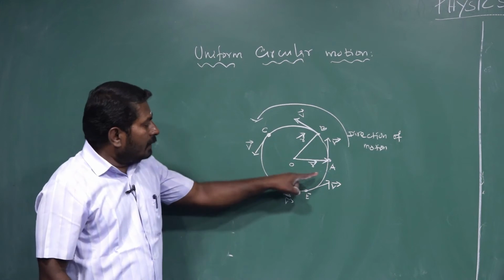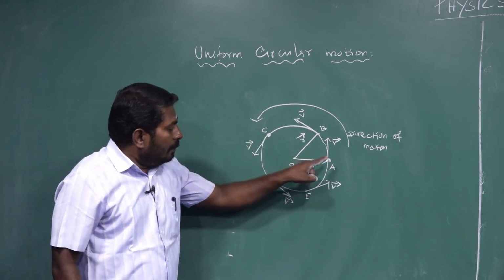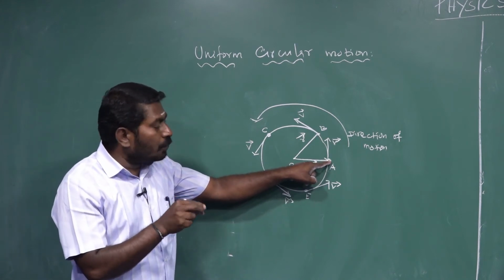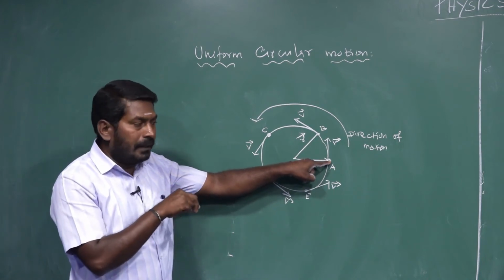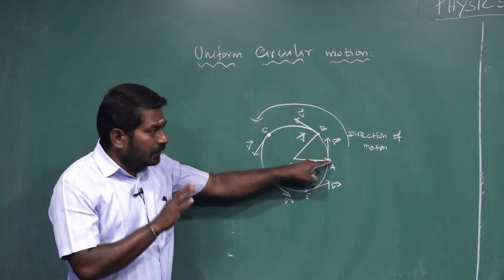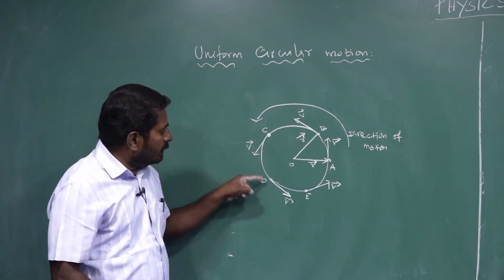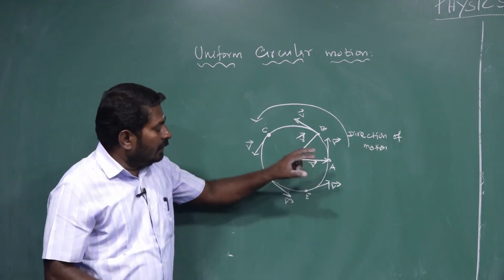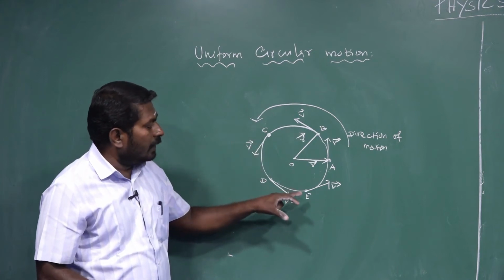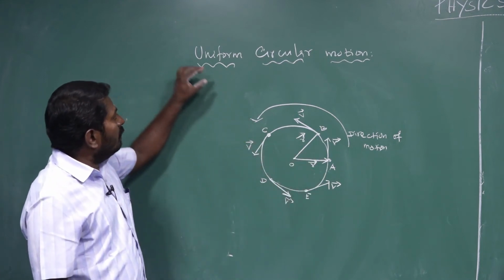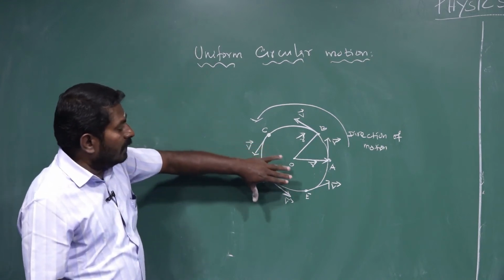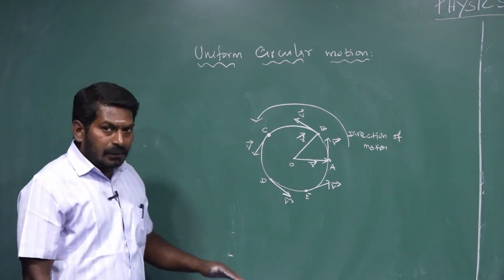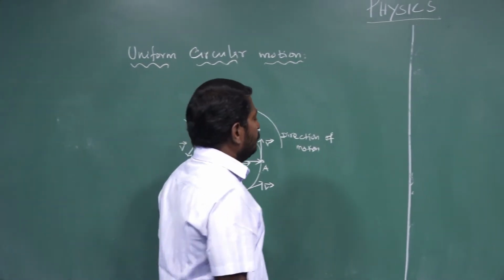See the diagram. At every point on the circular path, the speed of the point object remains constant. It is also called the magnitude of velocity. Magnitude of velocity is nothing but speed. So the magnitude of velocity of the point object remains constant, but at every point on the circular path, the direction of linear velocity continuously changes. But anyhow, the point object is moving on the circumference of the circle at every point with constant speed, so the motion of the object along the circumference of the circle is said to be uniform circular motion. Next, we are going to see about non-uniform circular motion.